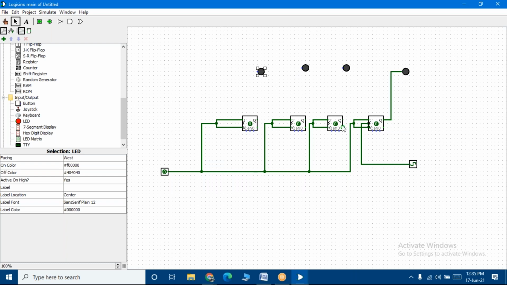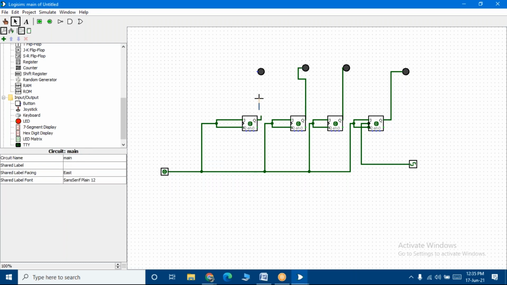Okay, students, let me connect it like here. Then I have the LED here. I've connected here.